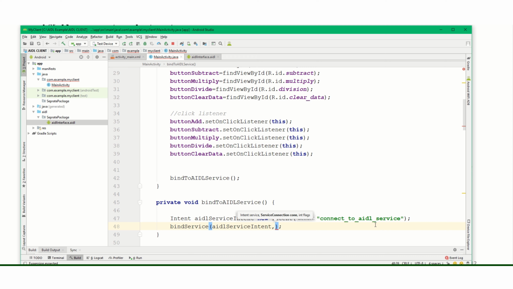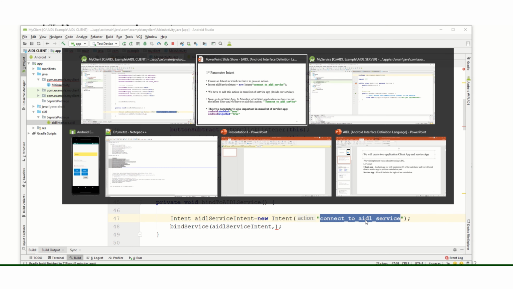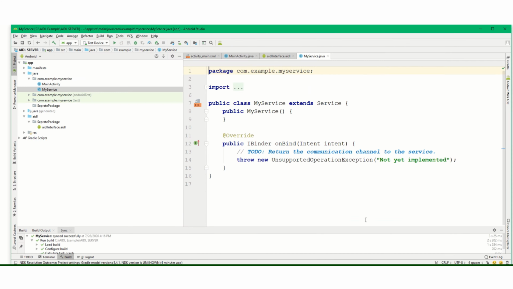So copy it from here and go back to our service app, go to the manifest, and here, there is my service. I will add an intent filter, and here action, android name, paste.